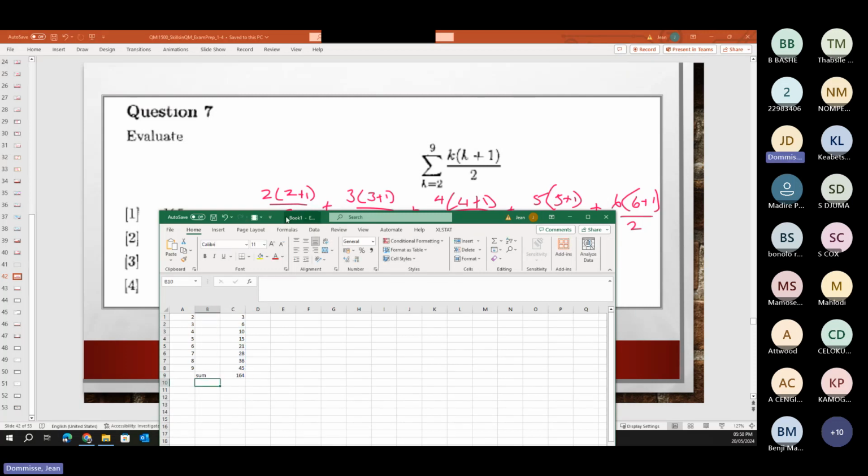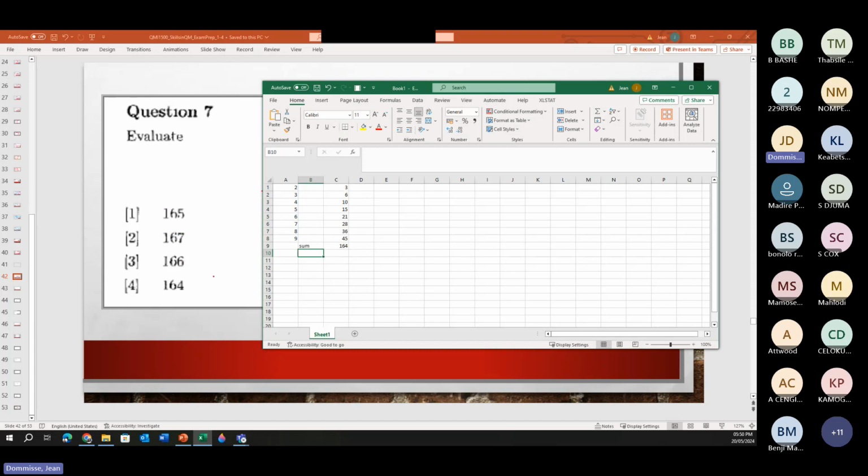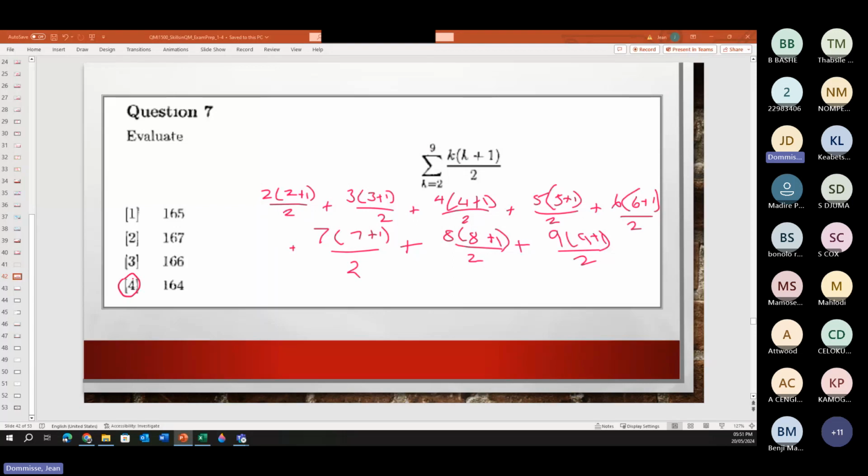And 164, 165, 166, 167. So that is also very close to one another. I will share the Excel, but what you basically needed to do was for that first one,